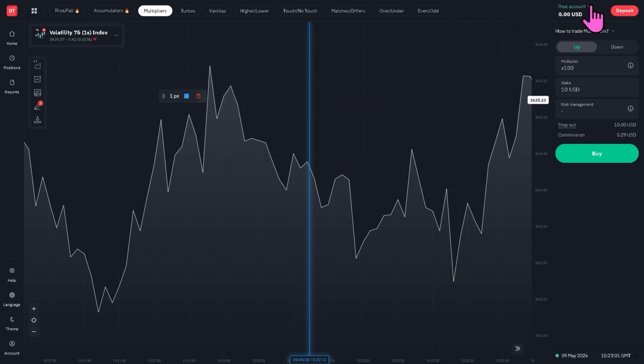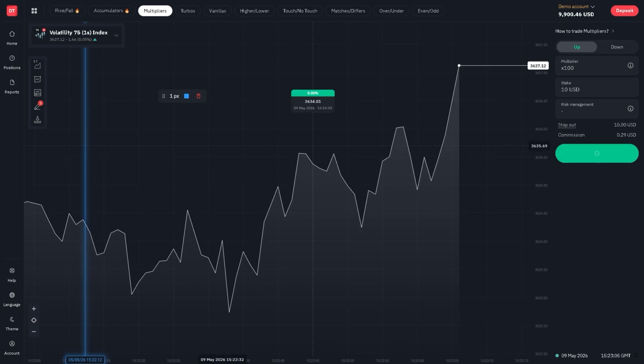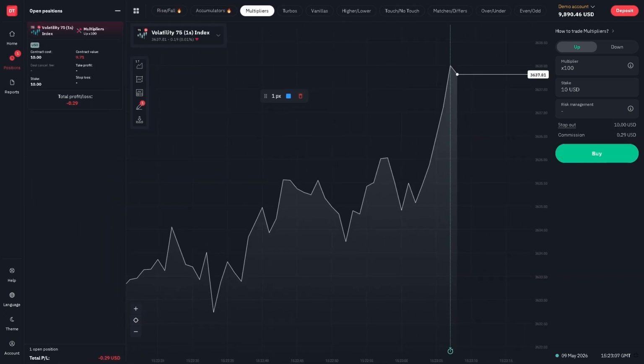Make sure you always choose the demo account so you can practice without risking real money. And basically, that's how you view Deriv charts on